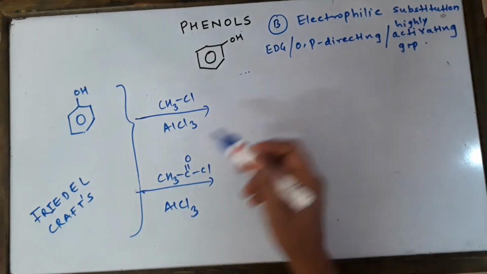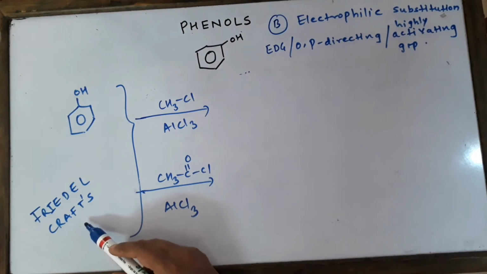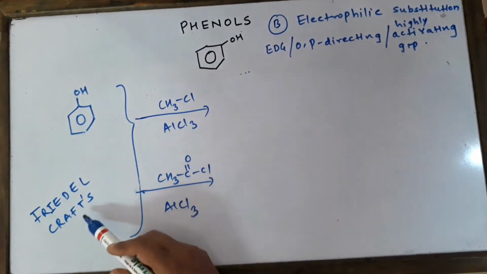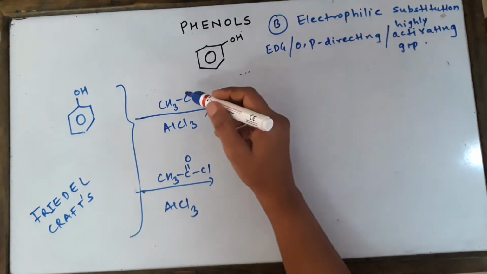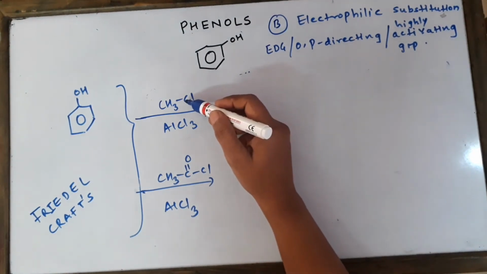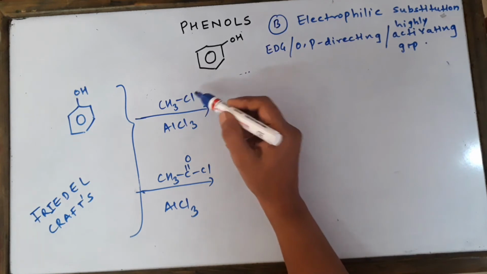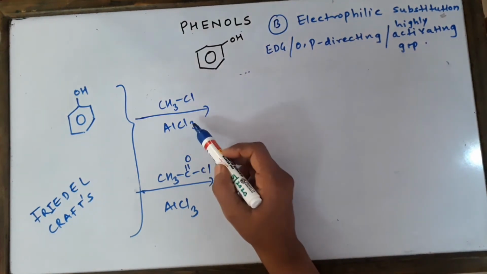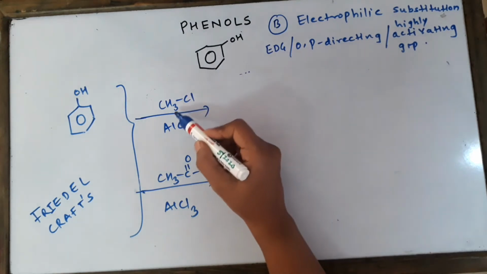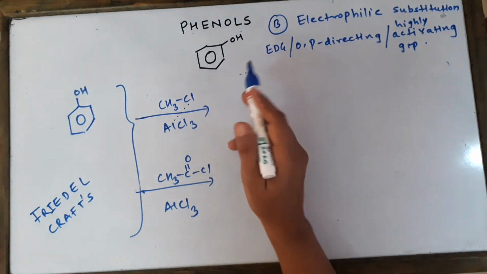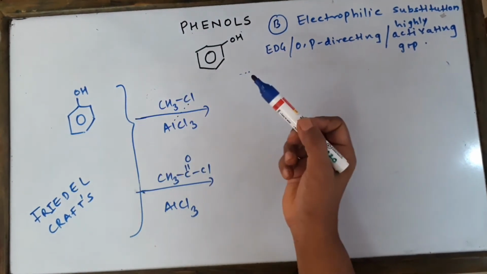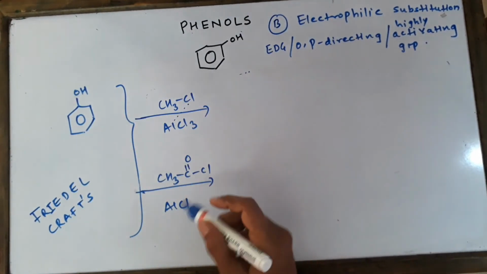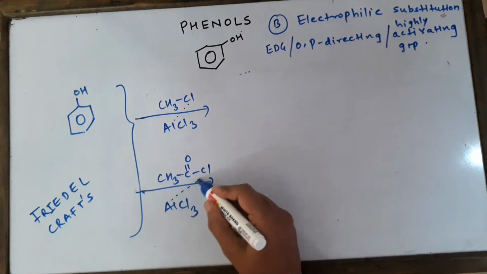So now I start with the Friedel-Crafts reactions, which everyone knows. It's a repetition only. Friedel-Crafts alkylation, Friedel-Crafts acylation. For alkylation, we will use the alkyl halides of our choice. We are taking methyl chloride in the presence of catalyst anhydrous aluminium chloride, whose basic role is to polarize the reagent and facilitate the electrophilic attack. Similarly, here also the same function will be there.